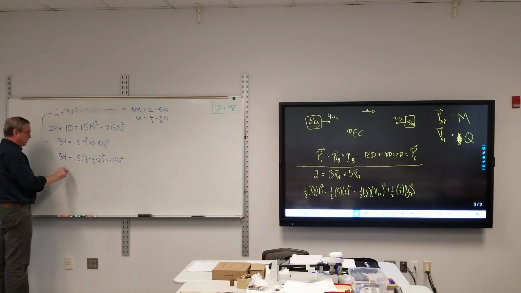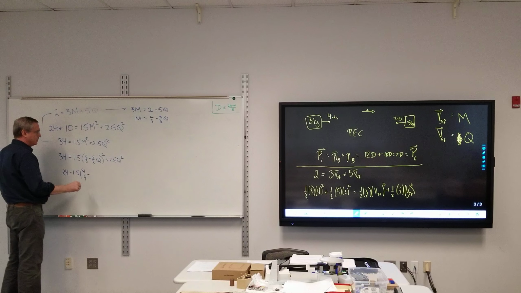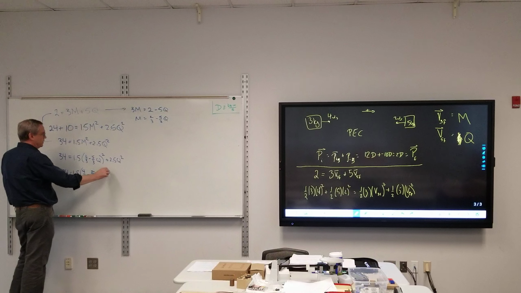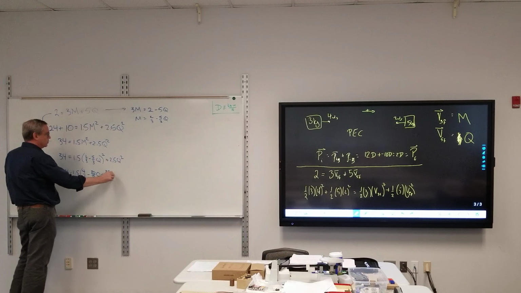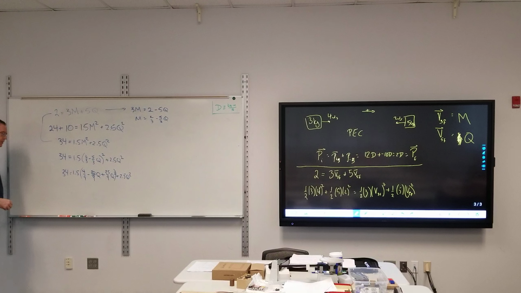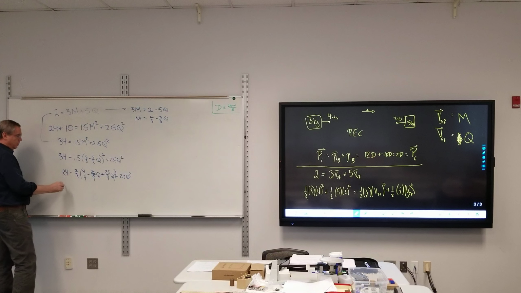So I have 34 is equal to 1.5 times that squared: 4/9 minus 20/9 q plus 25/9 q squared, plus 2.5 q squared. Got my close parentheses. Since I got fractions there, that's 3/2. Distributing, I get 34 is equal to